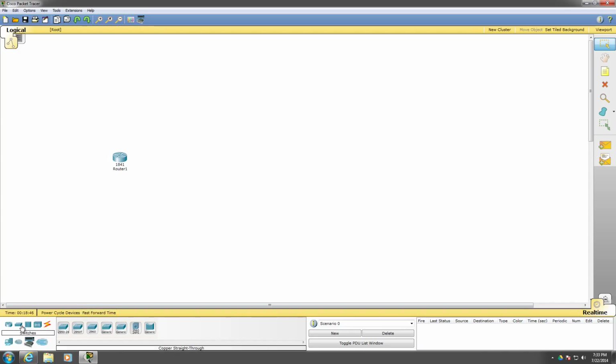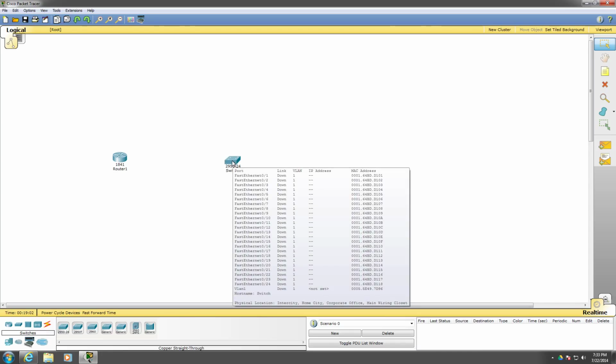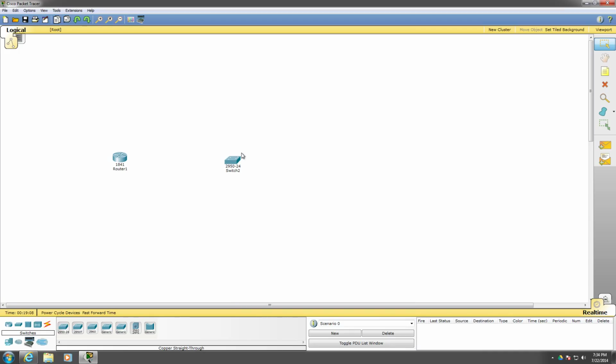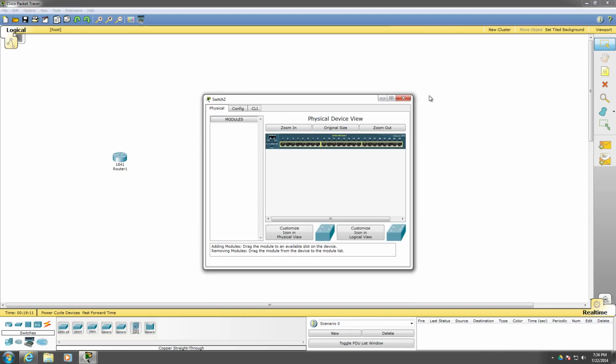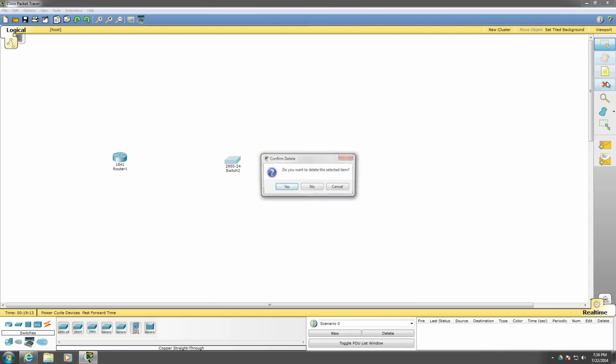But if you take a look at the topology, at least one of the switch links has to have a gigabit link. So in the last lab we used this one. This one does not have gigabit though. If you pull it out and move the mouse on top of it, it'll list all of the links that it has, and none of them say gigabit, so these won't do. So we'll go ahead and click it, delete it,